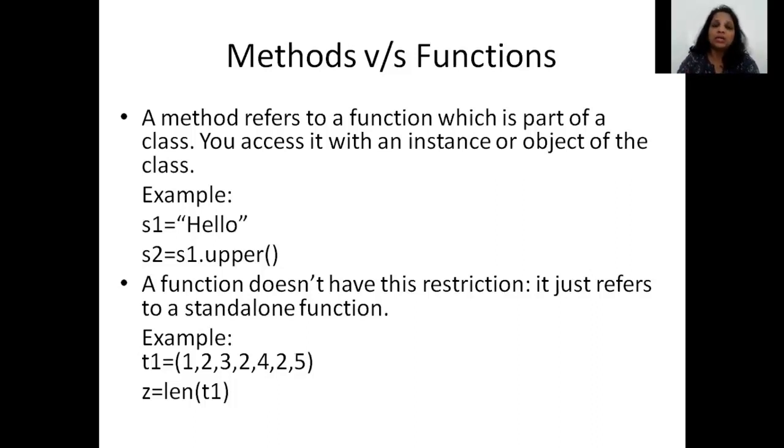When you declared a variable, let's say i is equal to 10. Okay, so what did this mean? You are initializing the value of i as 10. Now you want to know what kind of a variable is i. So you must have used a function named as type. So when you said print type i, it displayed a message saying class int. So basically, all the different data types that you have used, like int or float or strings or dictionaries or lists or tuples, they were all variables or objects of a class with that particular name, okay? But you will not be learning how to define a class, okay?